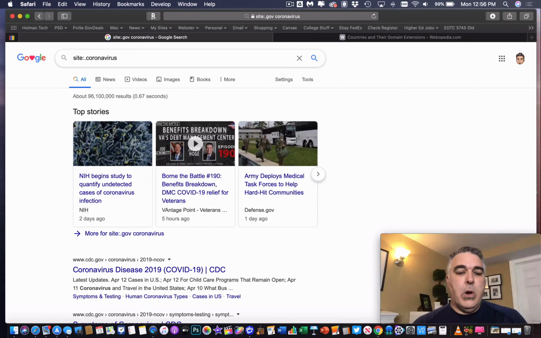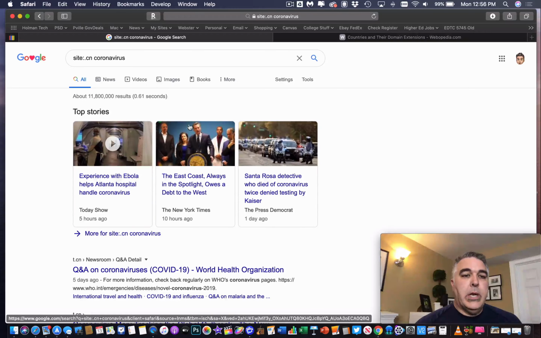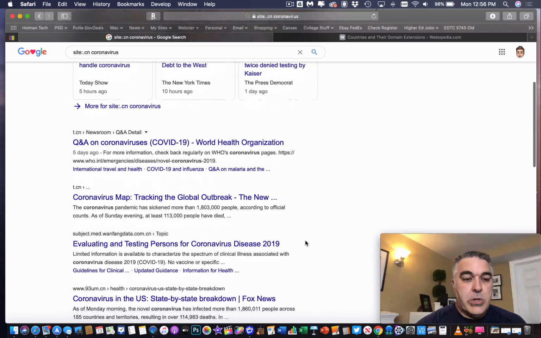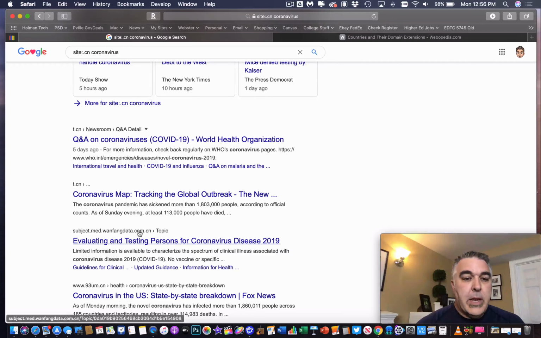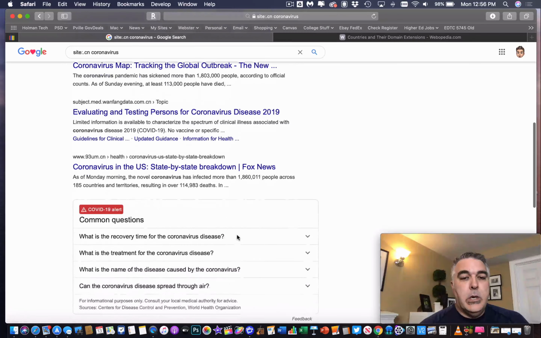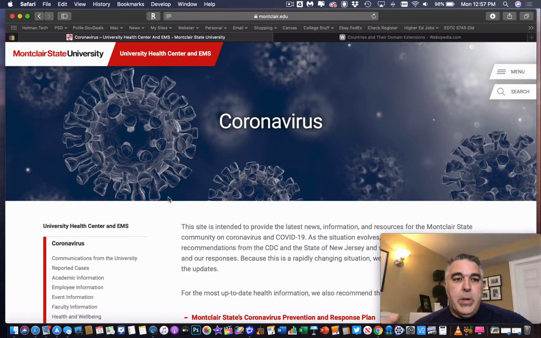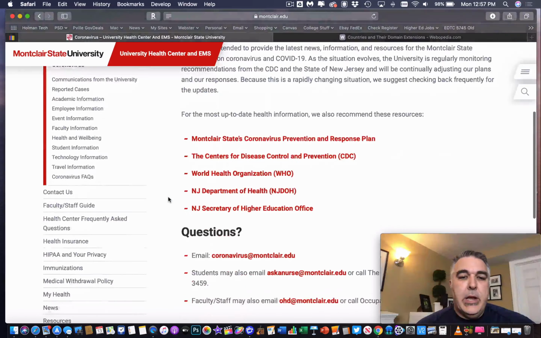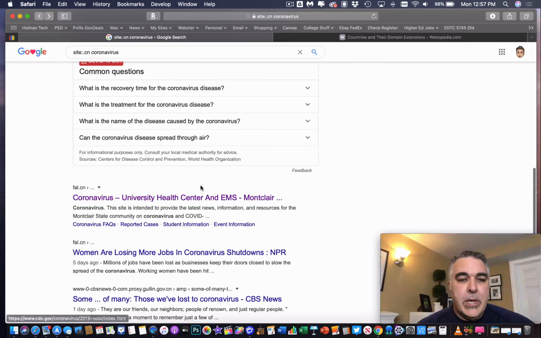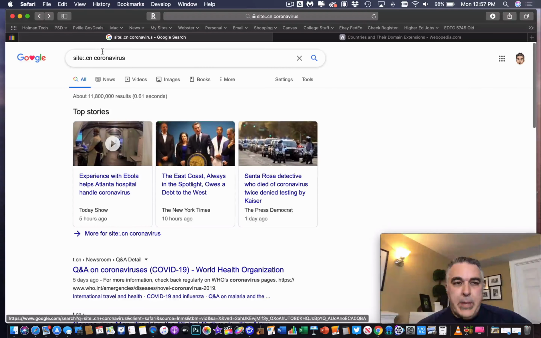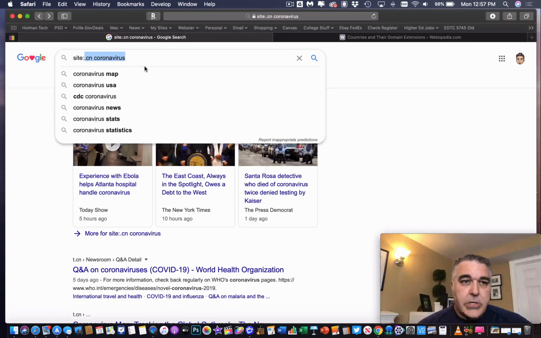So I could search for .cn space coronavirus, and it's only going to show me results that were posted in China. If I search through here, the results I'm getting are from websites in the country of China that have posted things about that. Now, it doesn't mean they're in Chinese, but the university or the link exists in a website that was posted in China. So that could be used for something like this, or let's say I'm a social studies teacher